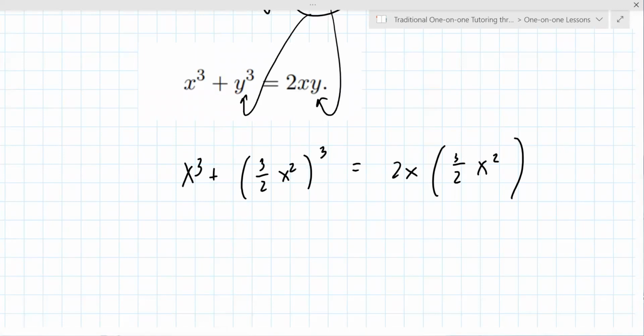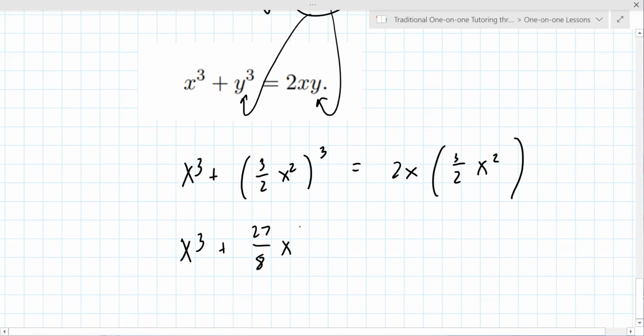Okay, this one has nice solutions-ish, so just go with it for a moment. So it's x cubed plus 27 over 8 x to the 6th equals, okay, and then this becomes